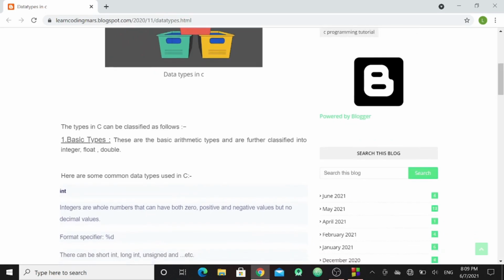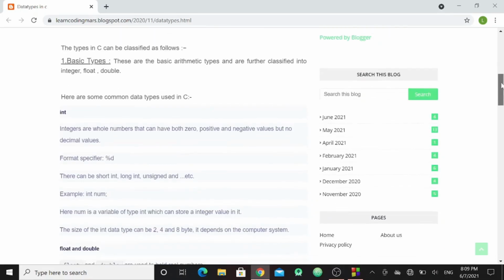The basic data types are further classified into integers, float, double, etc. So what is an integer? Integer refers to a whole number that can be positive, negative and even zero, but it cannot contain decimal values.